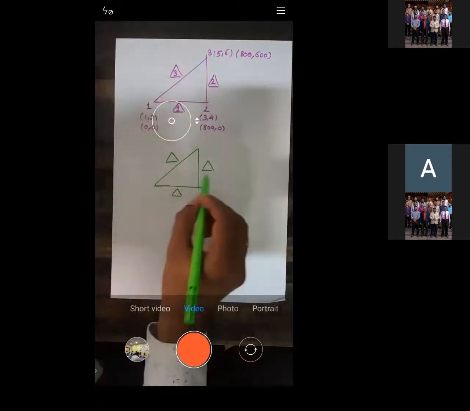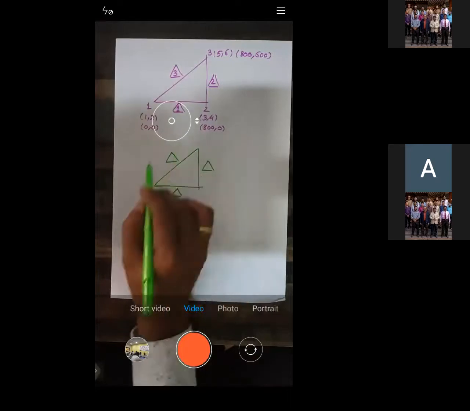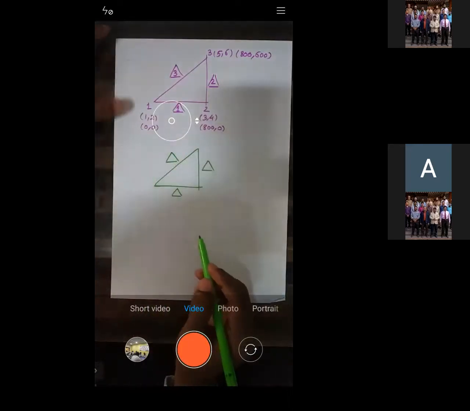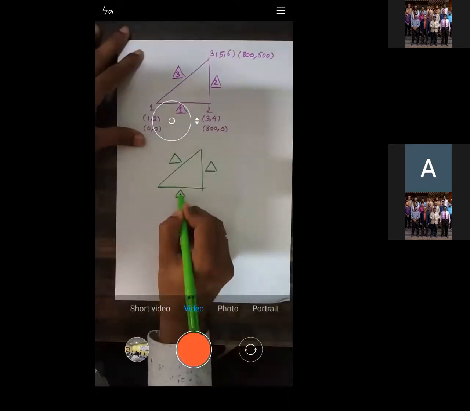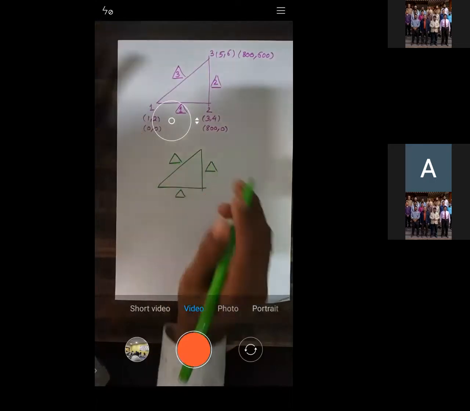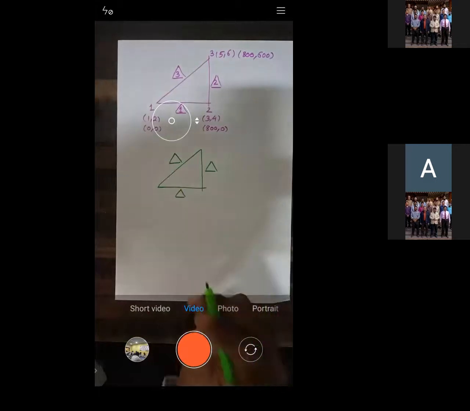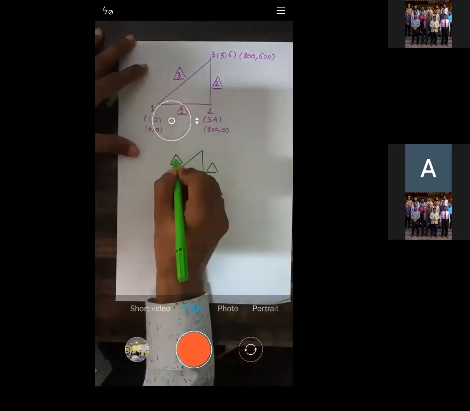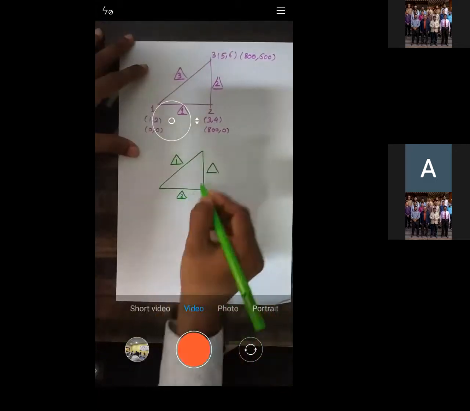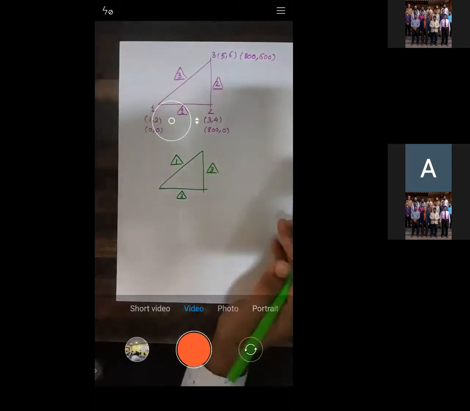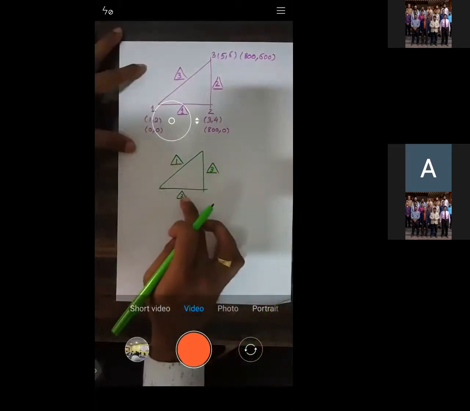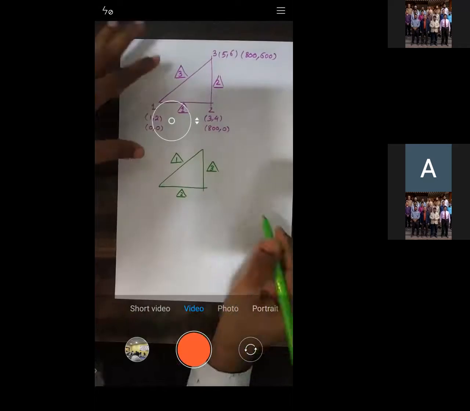If you want to write a different number for the elements, okay. See, in the problem this was given as 1, this was 2, and this was 3. But if it is not given in the problem, you can also call this element number 1, this element number 2, this element number 3. It doesn't matter. In this way also you can do.